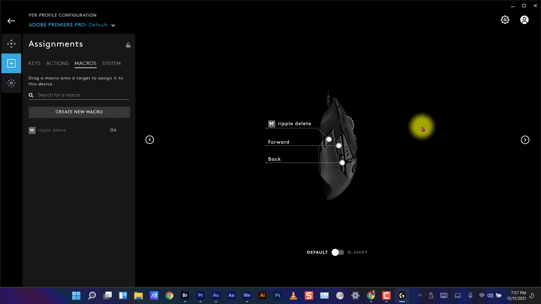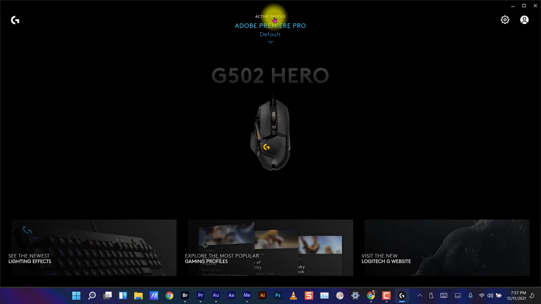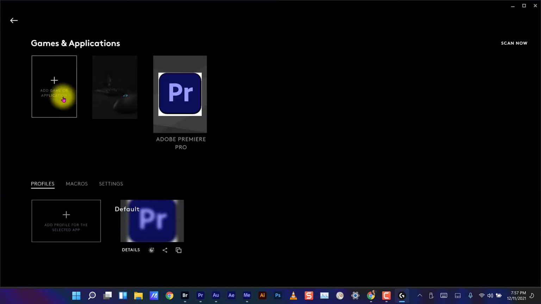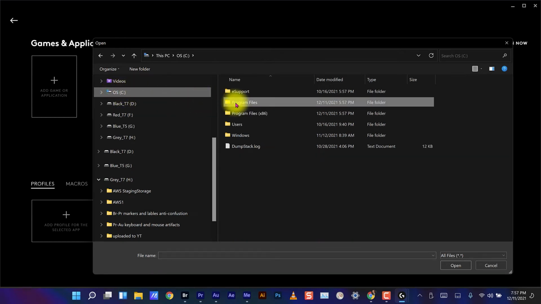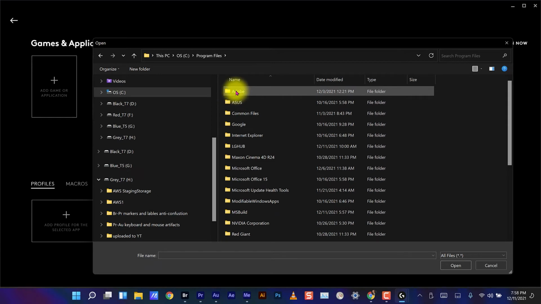But first I want to show you how to attach the program, add a gamer application. That's what I did first. So let's do this with another Adobe product. There is a scan now, and presumably this would pick up applications, but it's not picking up any of mine. We need to do this manually. So click on this, and in the root directory, got to go to the root directory, program files, Adobe,